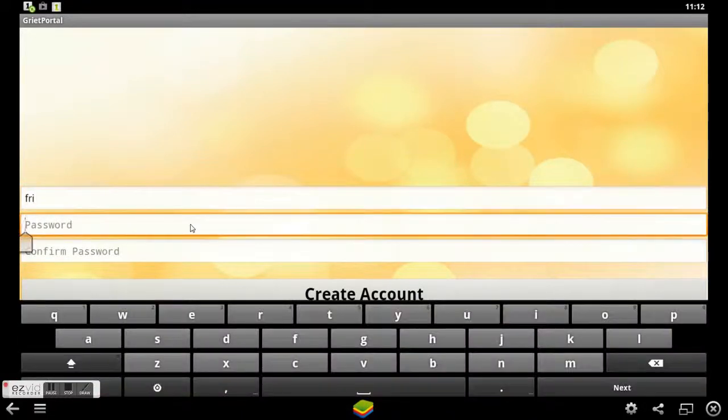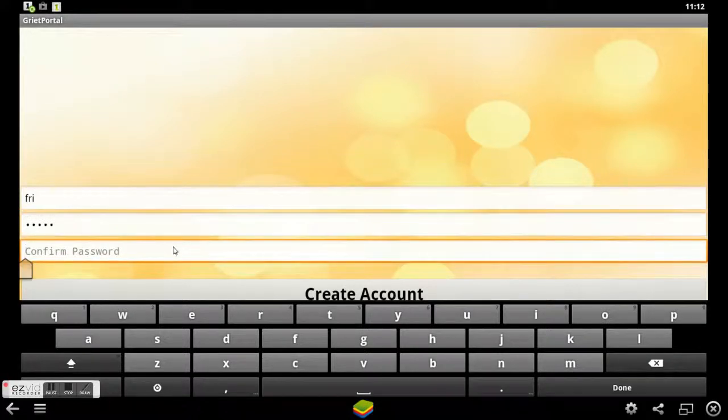Now when I go back, I'll try to sign up by using some invalid credentials. For example, let me just use some random username and give some password. When I confirm the password, I shall not be giving the same credentials. Instead, I'll try using something else. When I now click create account, password does not match will pop up.